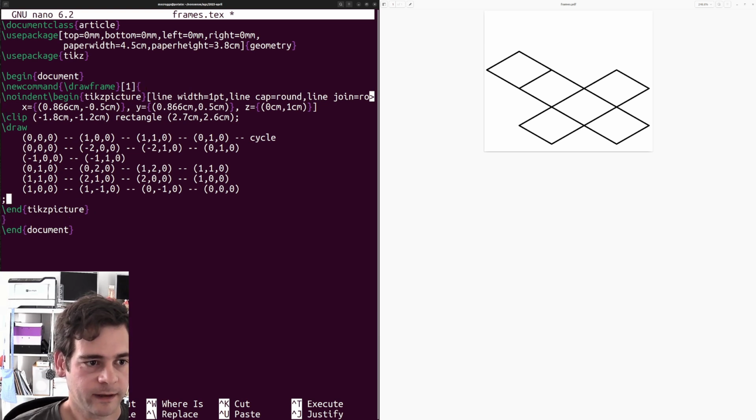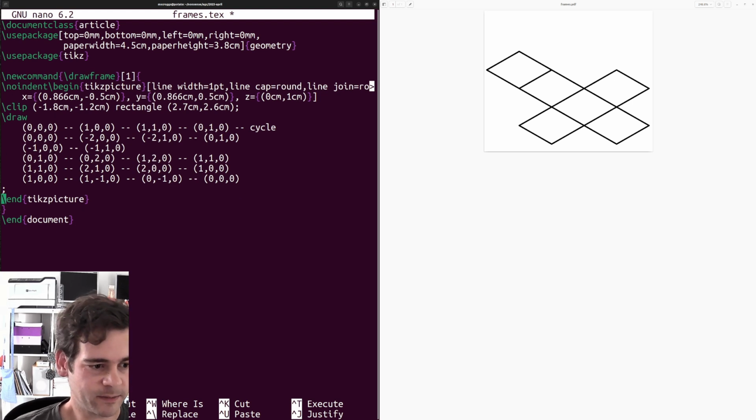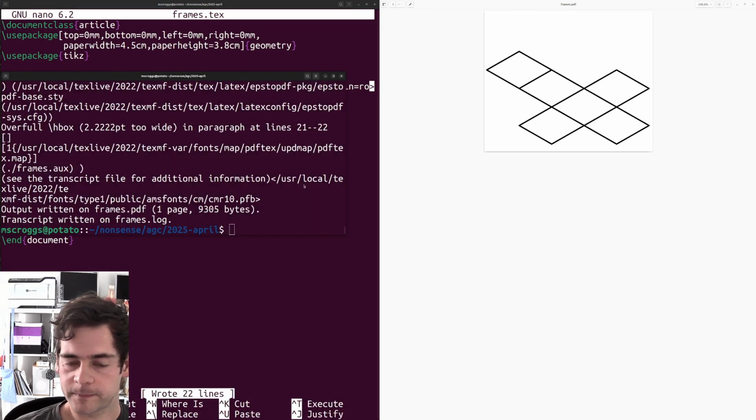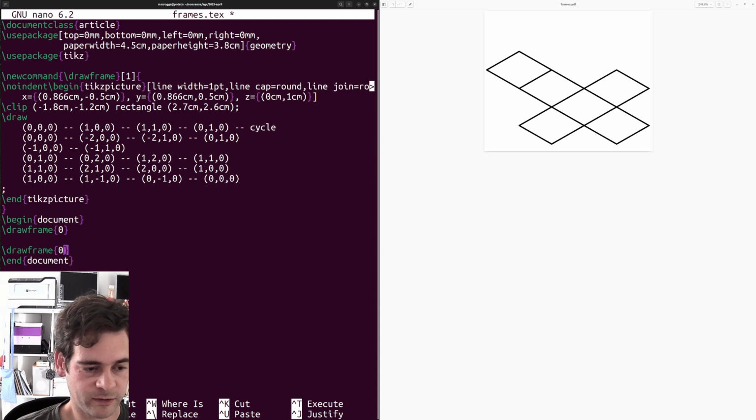And let's do that there. And let's just put that before the begin document to keep our document tidy. And then I will do a draw frame 0. And that will draw it there. And then if I do a draw frame,